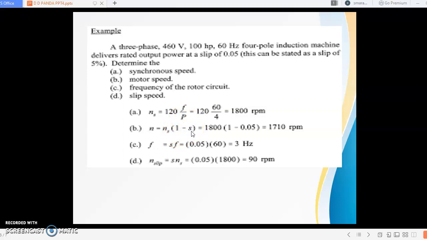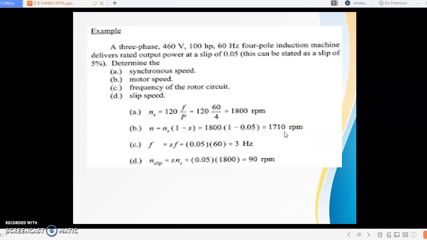And the slip value is given in the question itself as 0.05. So, by putting the value of Ns as 1800, putting the value of S as 0.05, finally we will be getting the answer as 1710 RPM,